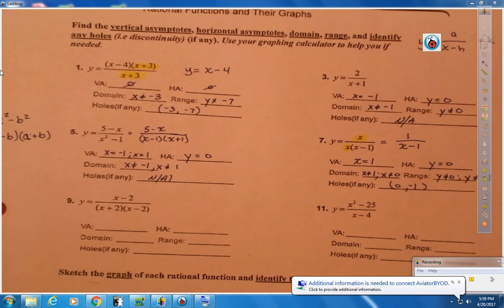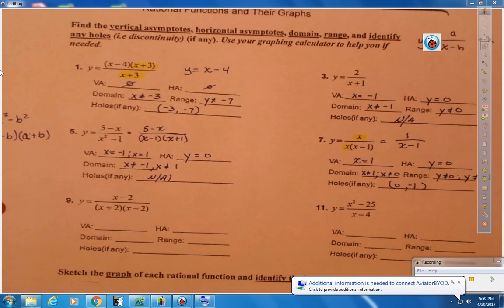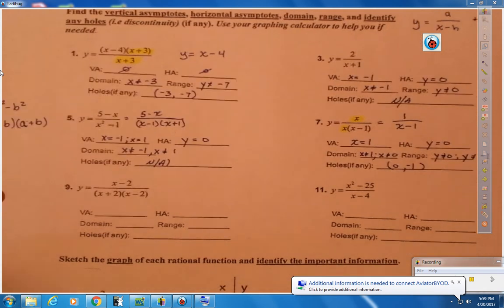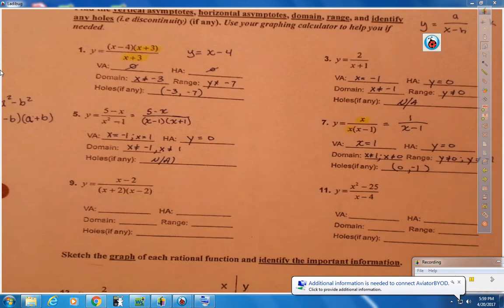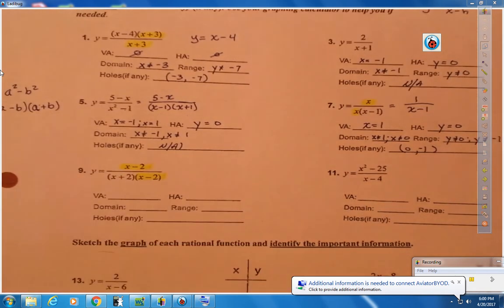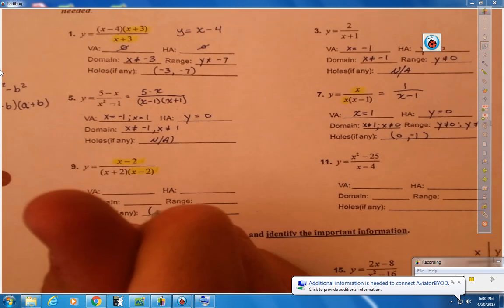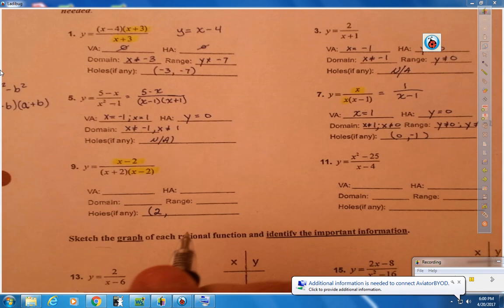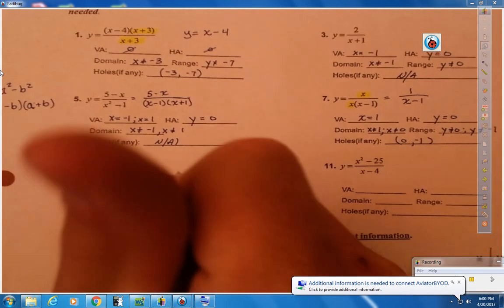Okay? So that takes care of all of that. All right. So moving right along, number 9, again, x minus 2 will cancel out. So we are going to have a hole in our graph. And the hole is going to happen at the point x equals 2. And we'll figure out the y-coordinate from the graph of when we remove